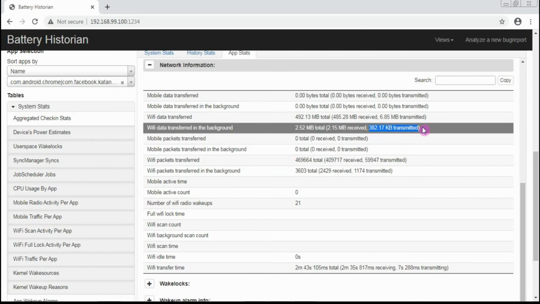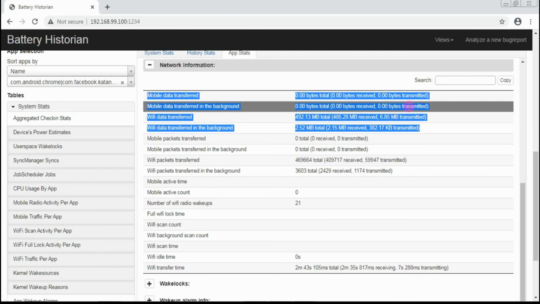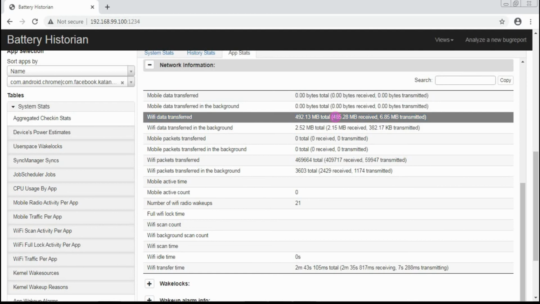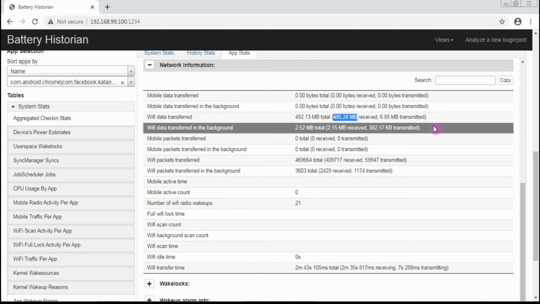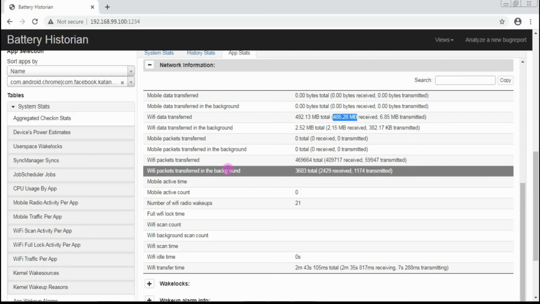So again, if your particular application is displaying all this, like the data which is received and sent in terms of mobile or Wi-Fi, you can raise an alarm if you see the data usage is high in number. Again, Facebook being a social application, we can ignore the data transmitted or received because we use it regularly. But for the applications which are under test, depending on the genre or type of that application,